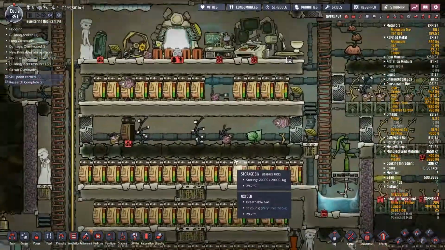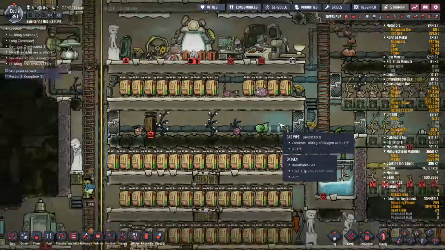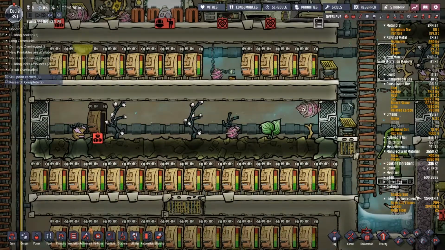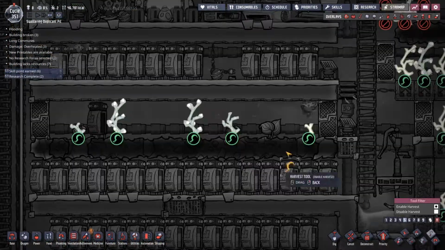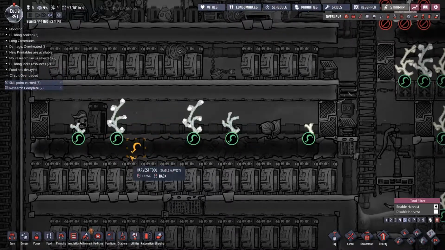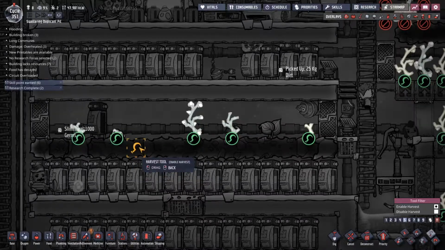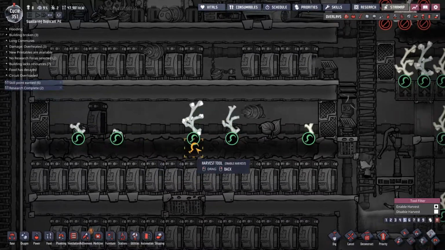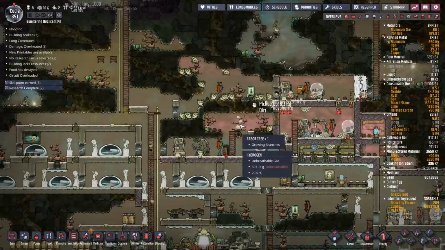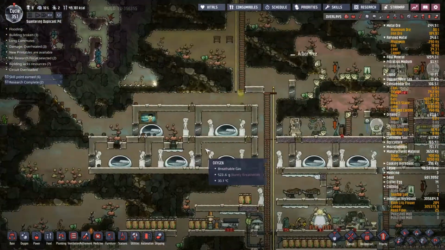Speaking of planting stuff, I had a pip down here for I don't even know how long, probably 200 cycles. I had a pip in this room, and he only planted 5 mealwood. So that whole pips planting natural plants or in the dirt, so you don't have to provide them with any nutrients, is not as efficient as you would think. I find it's a lot more effective to just let them go ahead and plant trees, because I didn't plant any trees